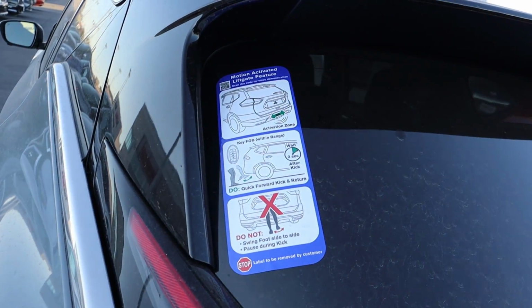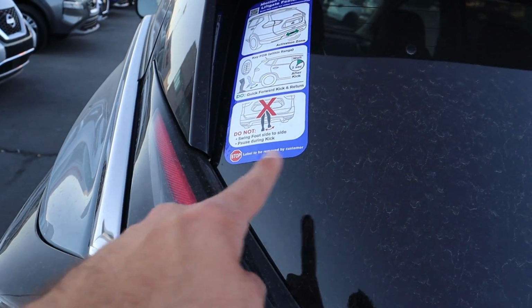And I love how it has directions. It's like activations. Do not swing foot side to side. So I guess we have to just...